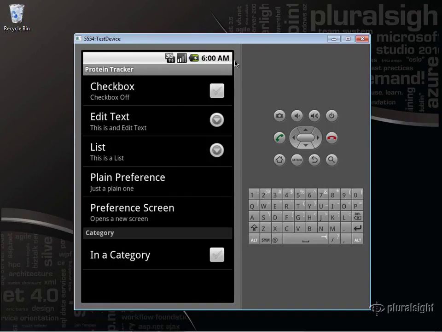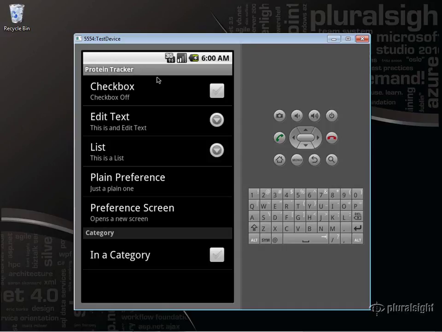The next thing that we're going to look at is the preferences screen. In Android, we can specify a special type of layout file called a preference layout, and that preference layout is basically an XML file that is like the regular layout files that we use in Android, except it's designed specifically for preferences. And it allows us to create specific kinds of preferences that are commonly used in Android applications